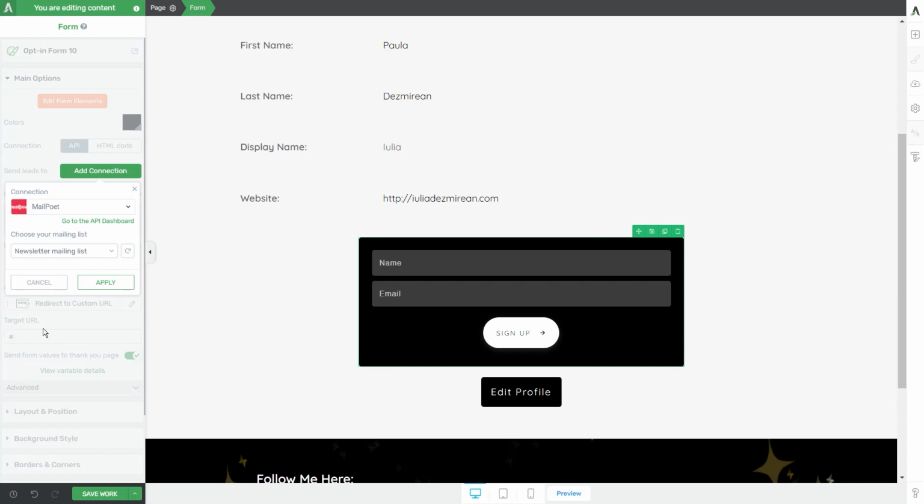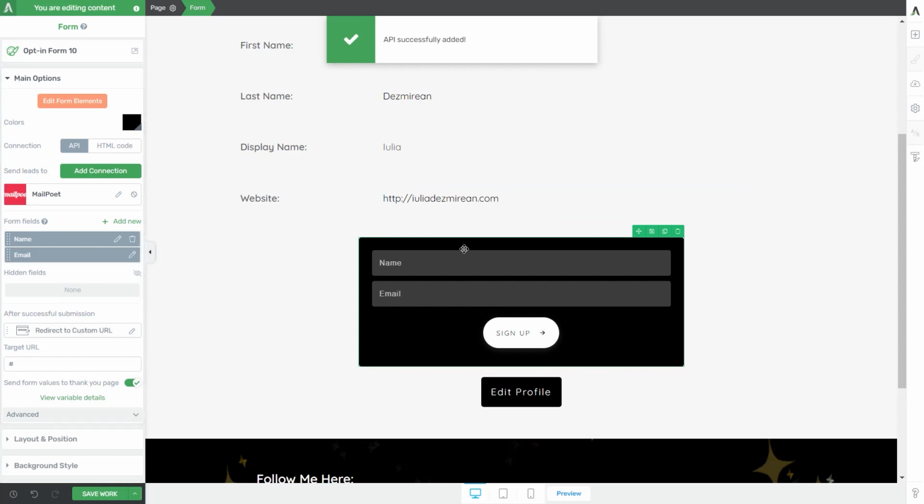Now you will only have to choose your mailing list, so to which mailing list the people that subscribe here or sign up here will be added to, and for that you can click on this field and you will see all of your mailing lists that you have created prior to this step from your MailPoet plugin. So I'm going to choose my mailing list and click on Apply. Right away, this element has been connected to MailPoet,